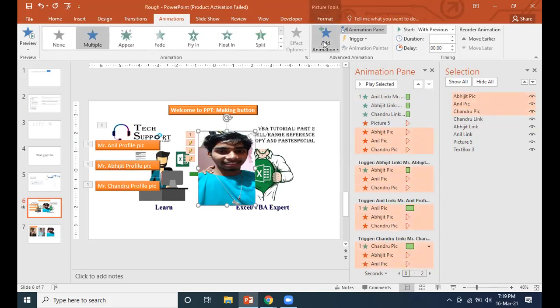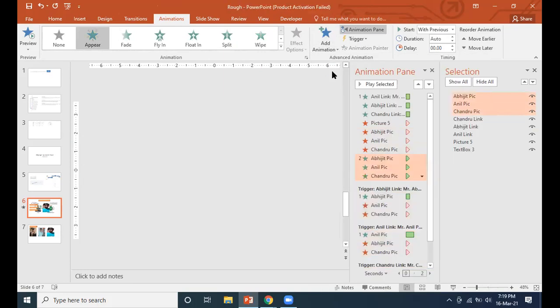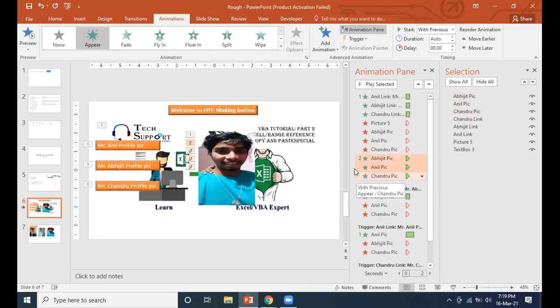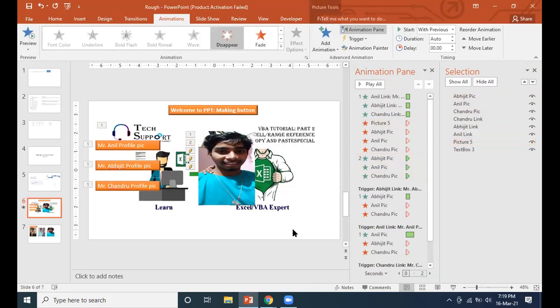Add one more effect here. This is the last one only. This I'm going to make appear. Now it will not appear on our screen when we compile and run this application, when we run these pages. Now just see, it's totally completed. Just see how it's going to work now.